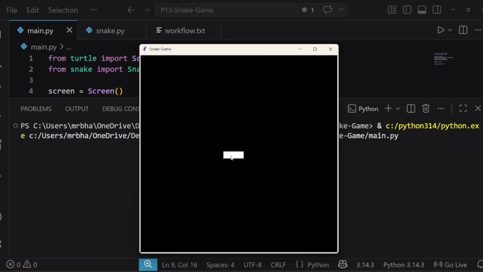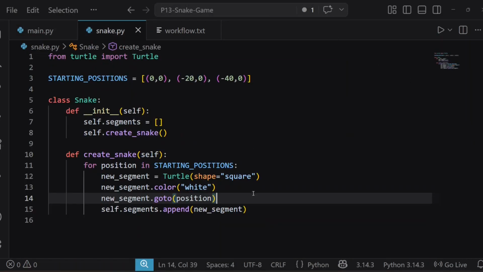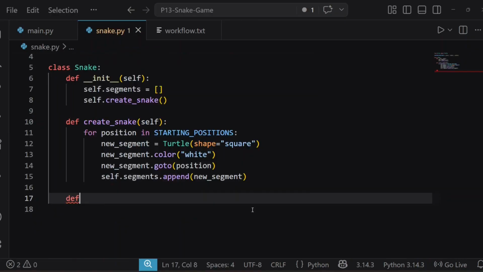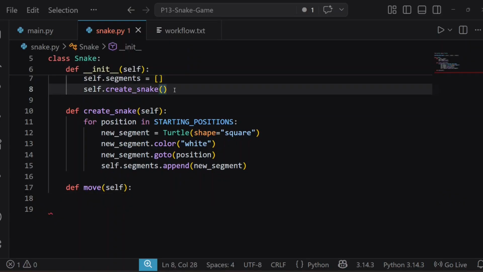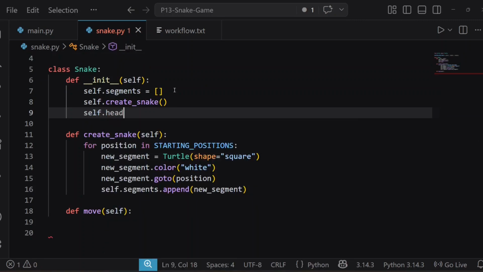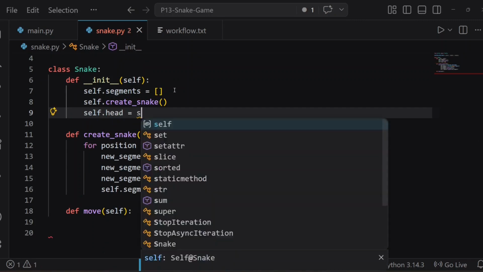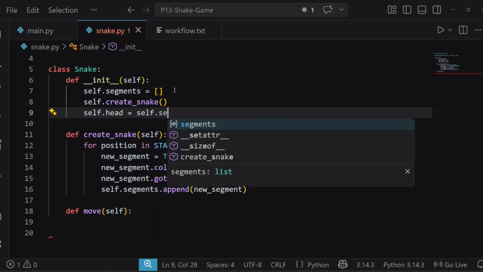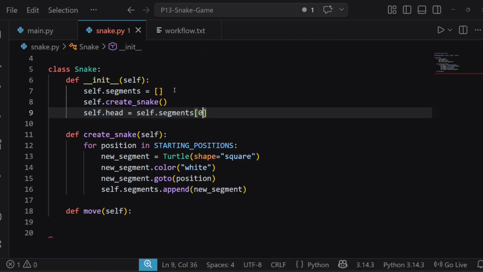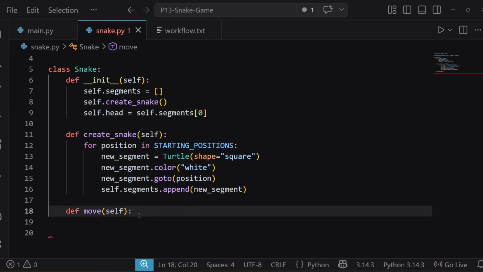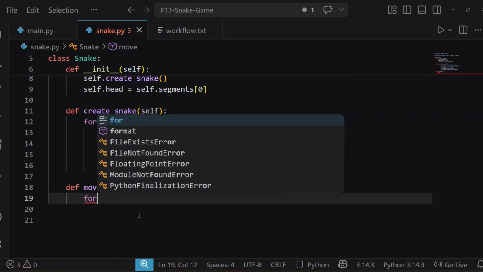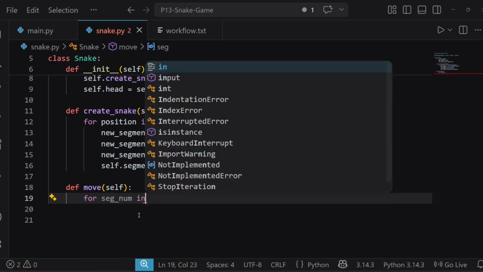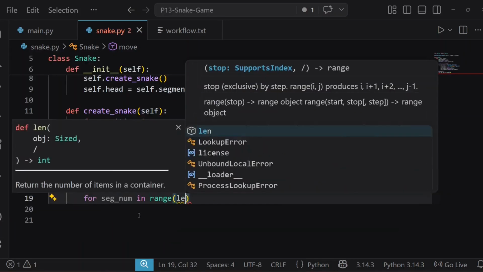Now our next task is to move our snake forward. For that, here create another function, name it as move, define move. So now to achieve movement of our snake, first we have to move the snake's head and define the snake's head's position here. Self dot head, and head is at 0th position. So self dot segments at 0th position, and create one loop here which basically starts from the entire length of our segments and decreases by 1. So for seg num in range from our length of